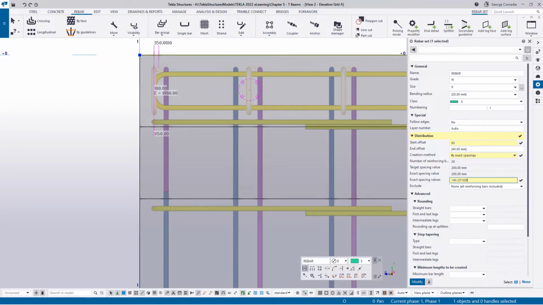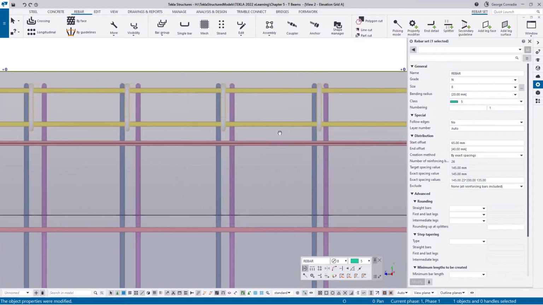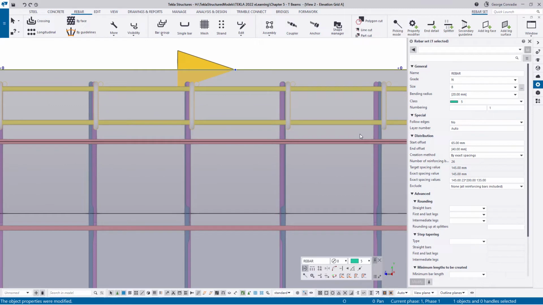So all we have to do is adapt the other side. Now that's a double bar. That's a single bar that we're going to space from. So if we subtract 10 millimeters from that, like 135, let's see if that works. If I say enter, you can now see that the highlighted bar is now spaced exactly in line with the blue bar. And if we get to the end of it,